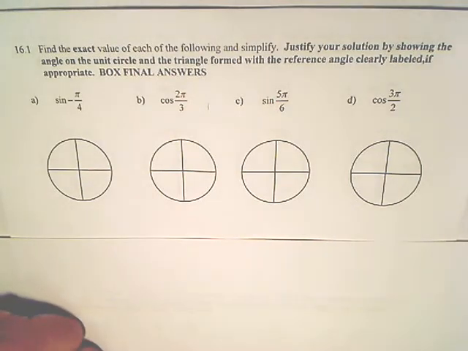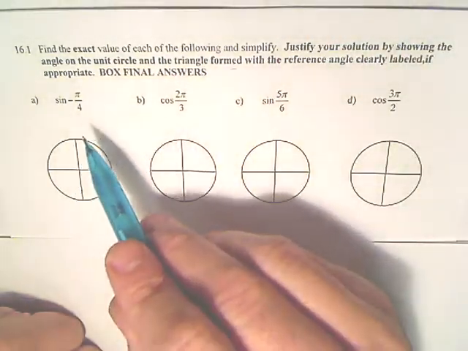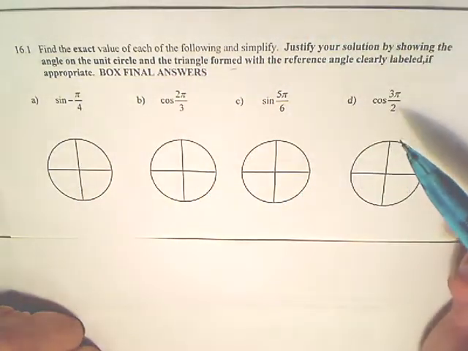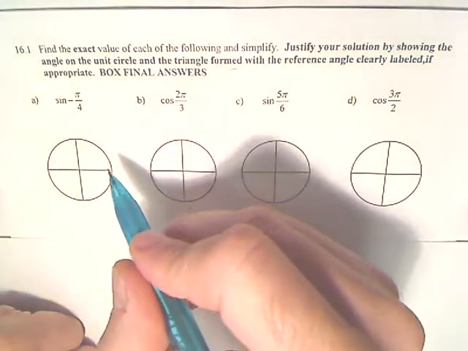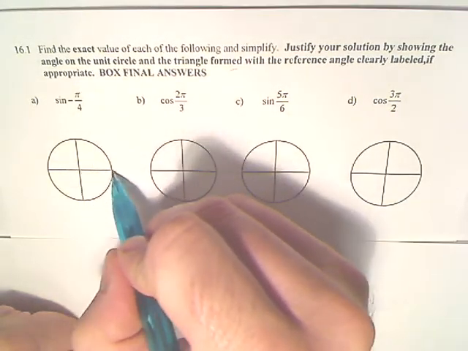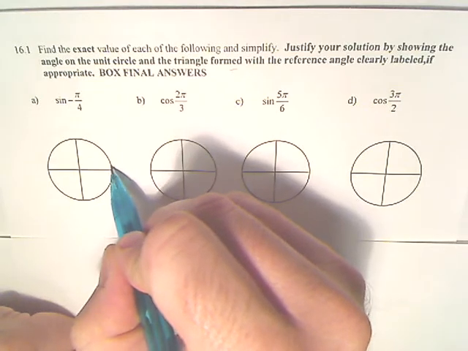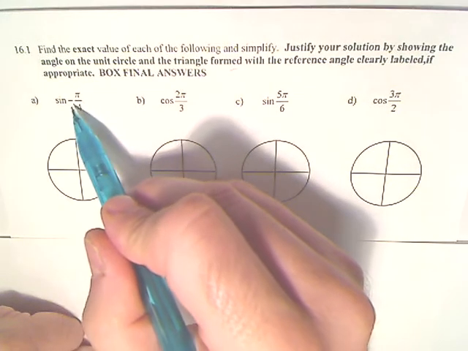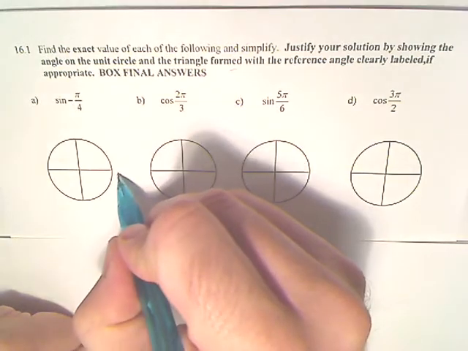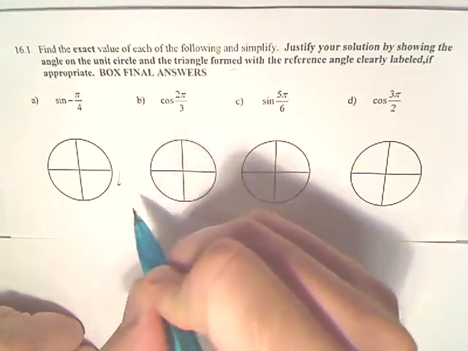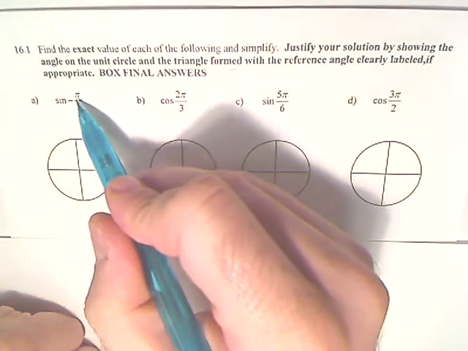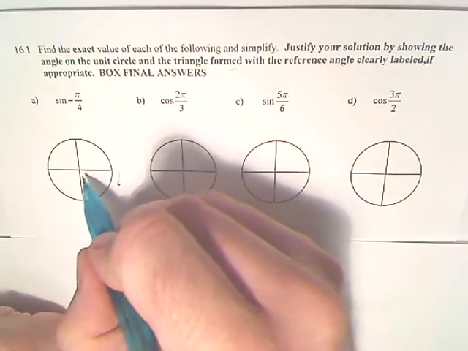Okay, right now we'll be finding the sine and cosine sides of special right triangles or special locations on a unit circle. First thing we need to do on all these problems is draw the correct angle on the unit circle. Remembering that angle 0 is straight to the right. Normally we head in a counterclockwise direction, but because the first example we have here is negative, we head in the clockwise direction. Pi over 4 is located here,